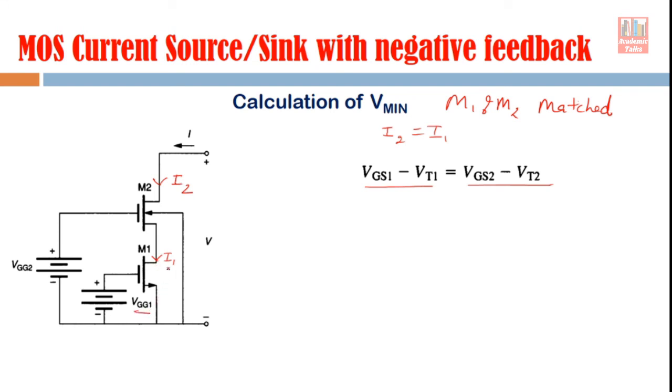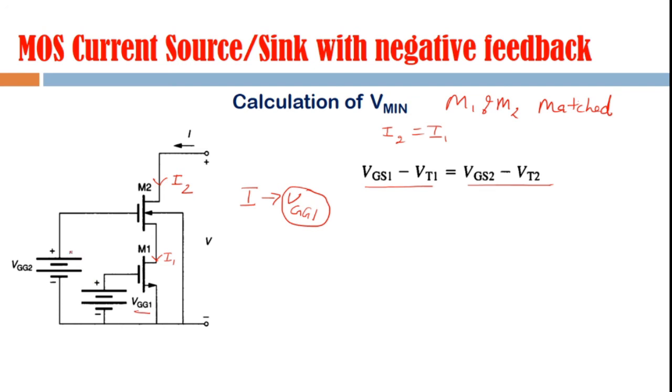So once we know what should be the output current, that output current I will decide your VGG1, right, because your VGG1 is going to decide I. So if you are sure that you want this particular value of current in the circuit, it means you can calculate what VGG will be needed here.